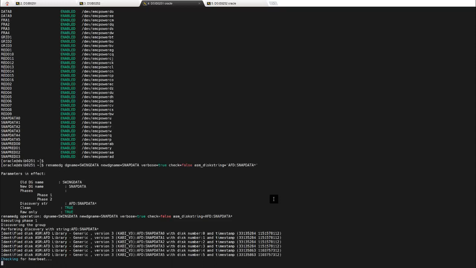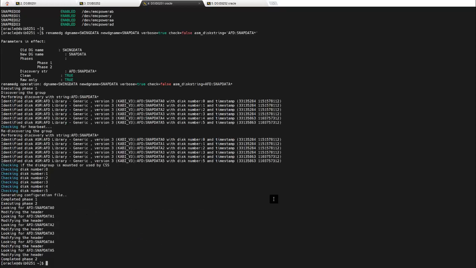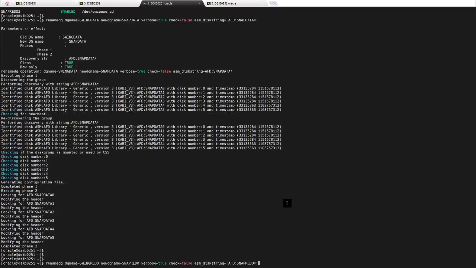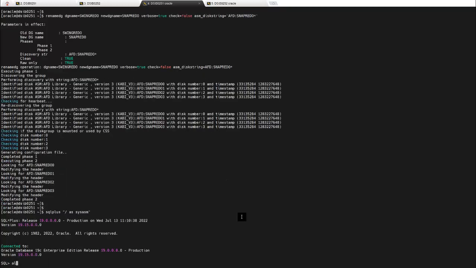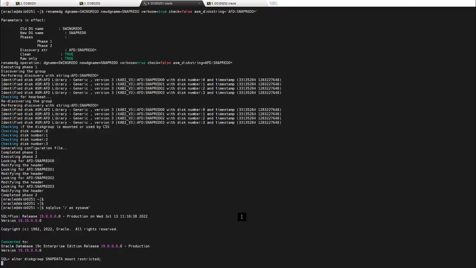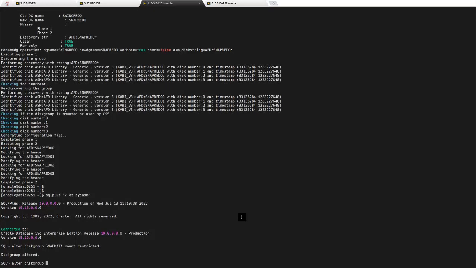I've sped up this part of the video, but it really doesn't take that long. You might also notice that I haven't bothered doing a check first on the disks. In this scenario with a snapshot I have just created, it's somewhat redundant, but best practice would be to do the check anyway. Next, I will launch SQL Plus and mount the newly renamed snap data disk group in restricted mode,